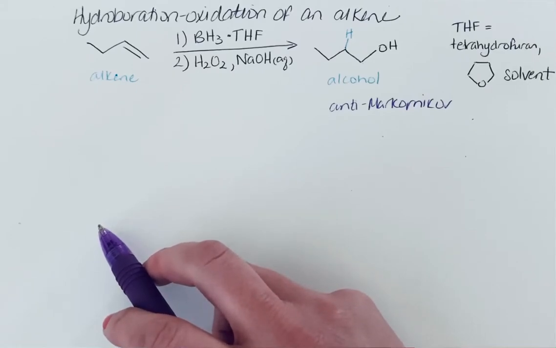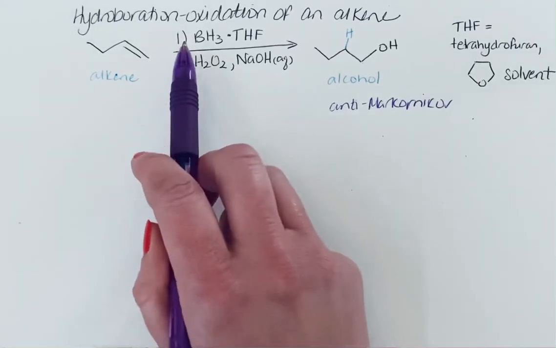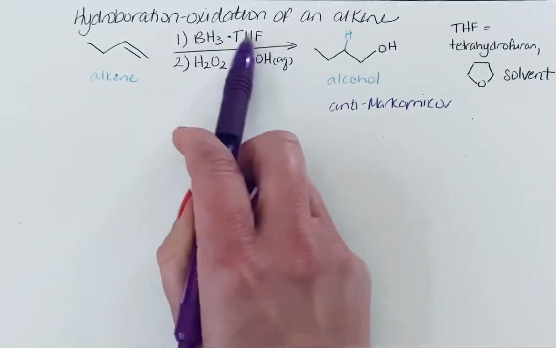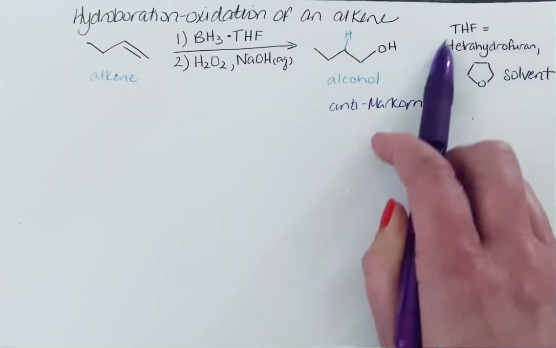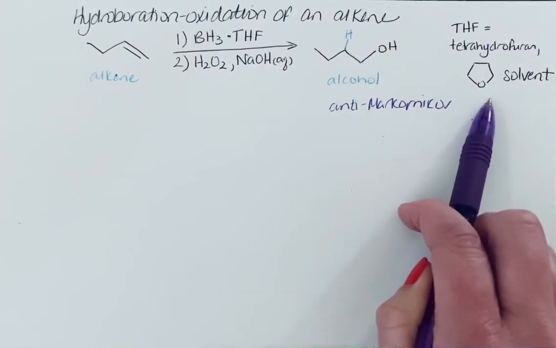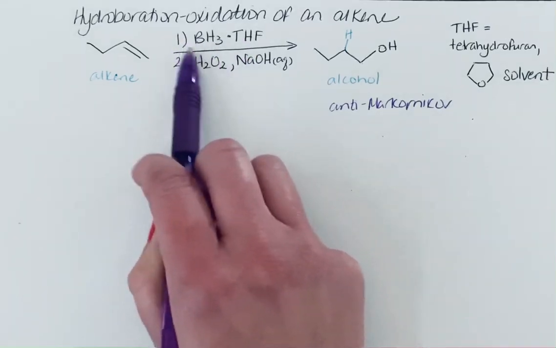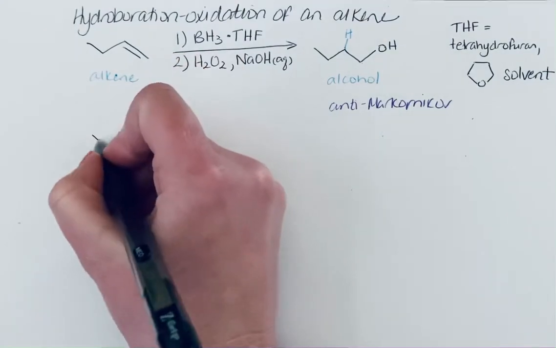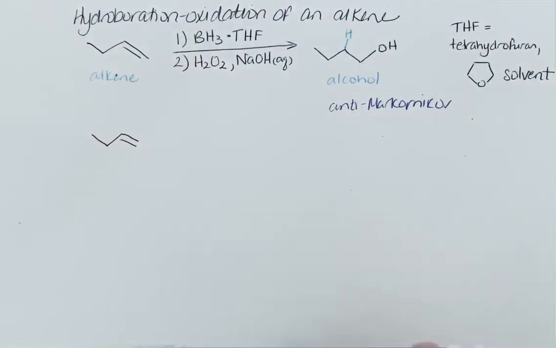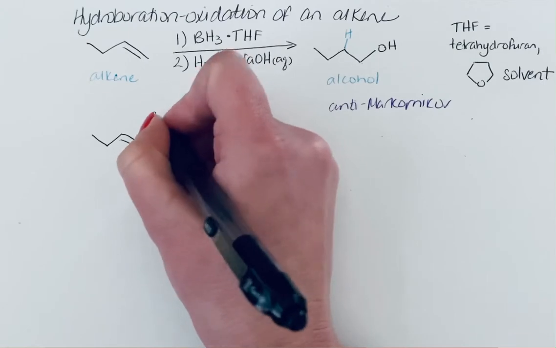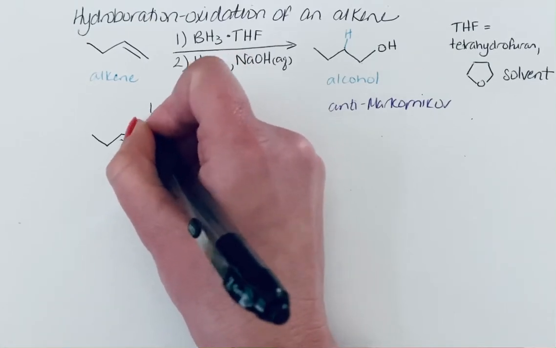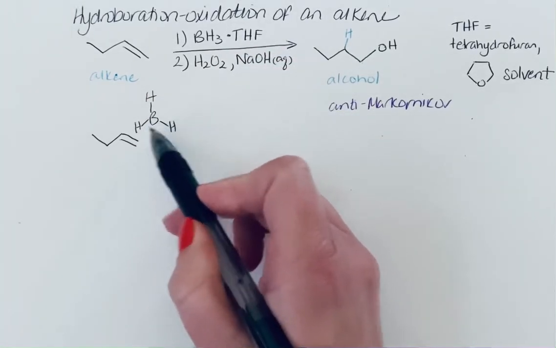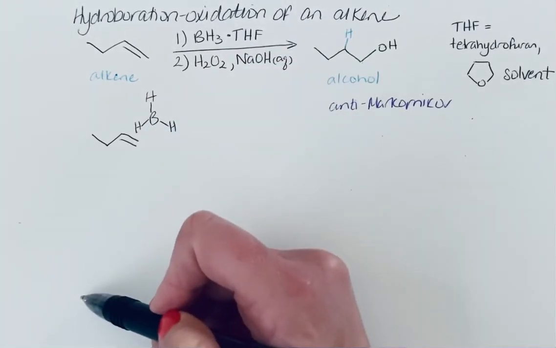desired as a product. Looking at these reaction conditions, we have a two-step reaction. We have borane, BH3, complexed to THF. So THF is a solvent, it's a cyclic ether, and it is stabilizing that boron. So let's take a look at the mechanism for this reaction, or at least part of the mechanism for this reaction. So the boron itself is electron deficient, okay? And since it's electron deficient, right, we see we only have 6 electrons around the boron, that means that boron